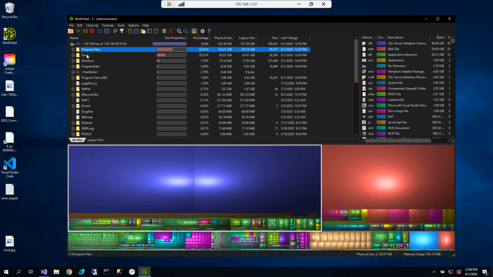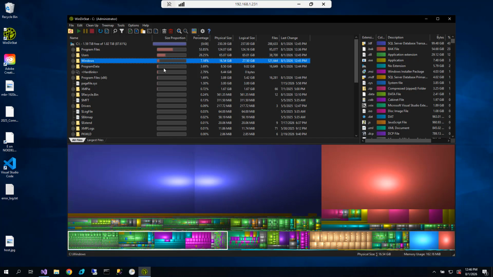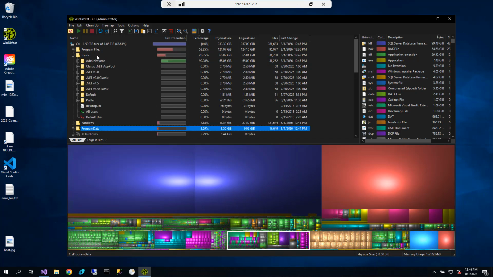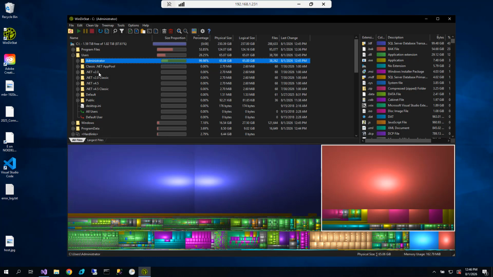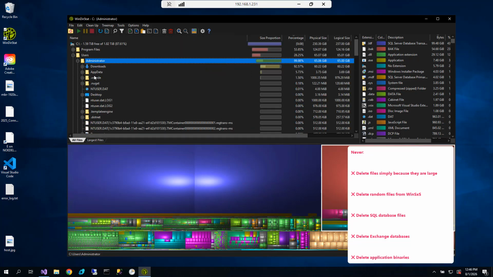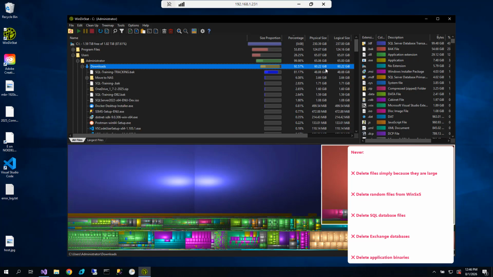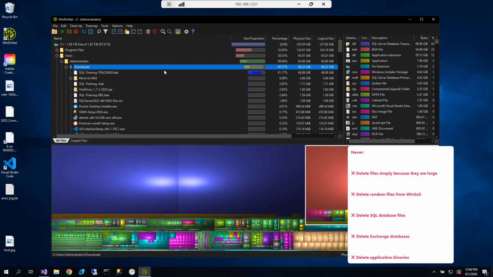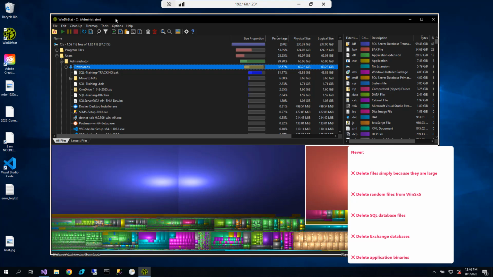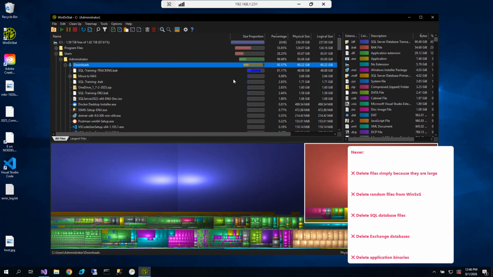drive, right? And then, of course, it's going to get smaller and smaller and smaller, and you can kind of dig in here and find out if there's something that you can delete. Now, we had seen previously that the downloads folder had 60 gigabytes, but here we actually have a visual representation of other things that we may have missed, just scanning through it manually. So I wanted to introduce you to this tool and just give you a couple of options so that you don't have to hunt and peck, and this is actually